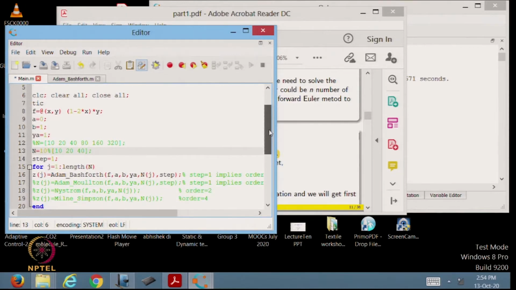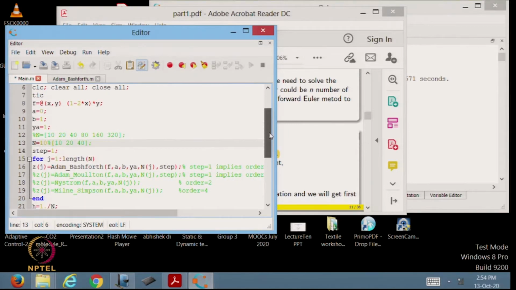And then after that we are using a for loop. You must already be familiar with these concepts, which is why I am not re-explaining them. For j is equal to 1 to length of n. I am using length of n because later on I will be working with an array of n, but right now I have just considered one single value of 10. So, length of n does not make any big difference here.